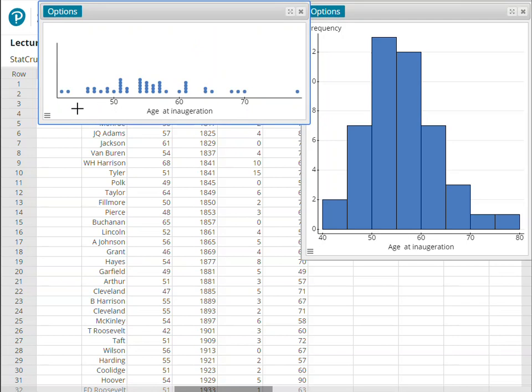So here I have what's considered a dot plot. It's pretty straightforward. Each one of the dots that you see on the graph represents an age of a president, or an individual data point of our set. So picture a number line here. You would have this leftmost dot here. That's going to be a data point above the number 42. And then you can see as we keep moving to the right on our number line,